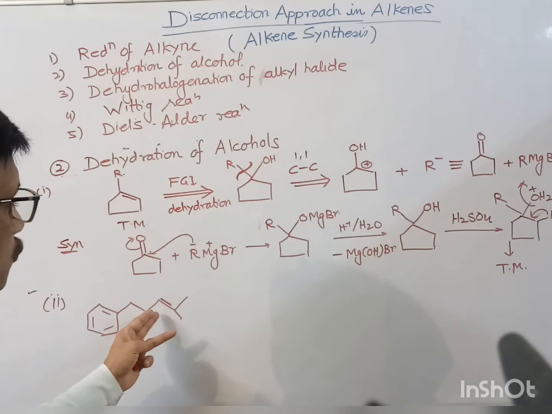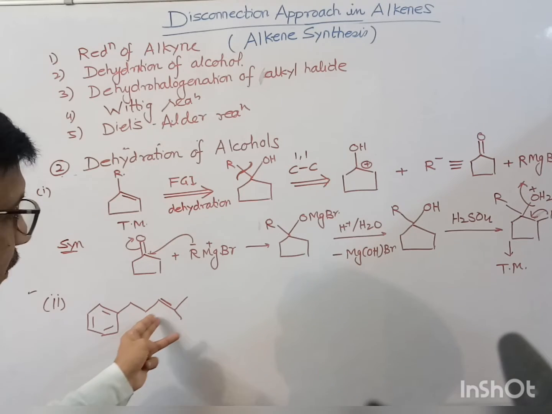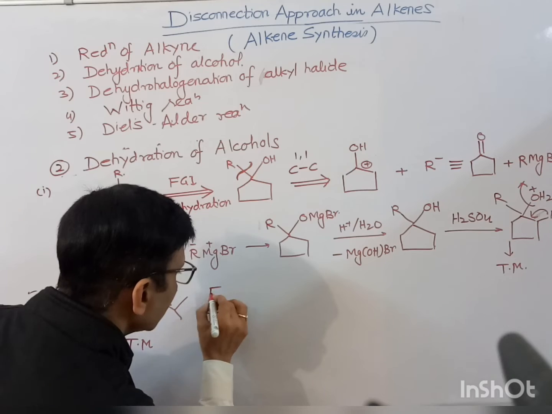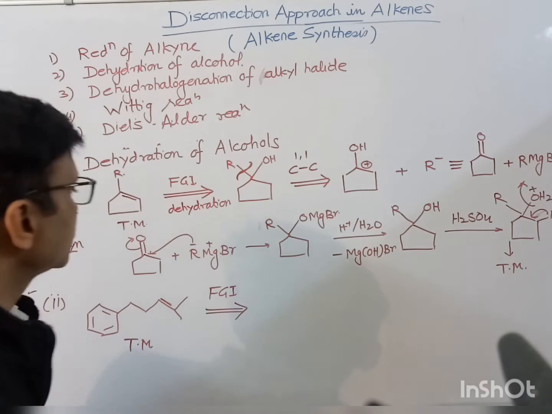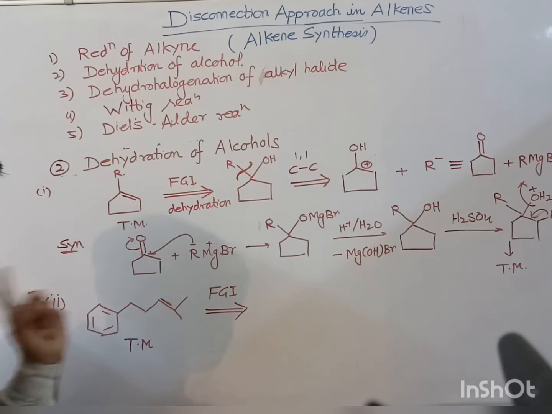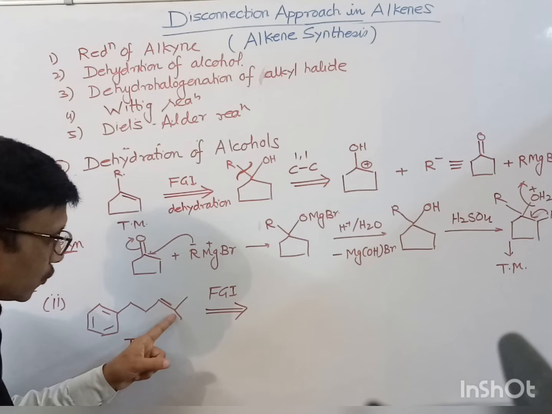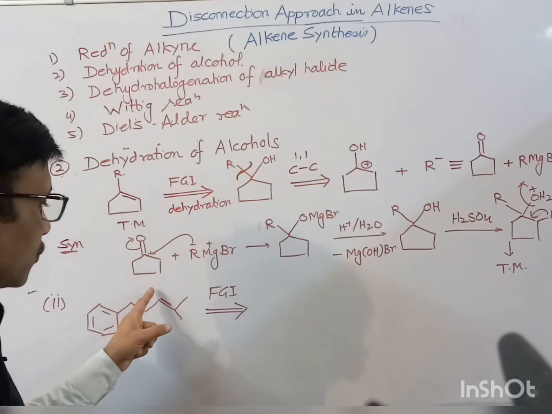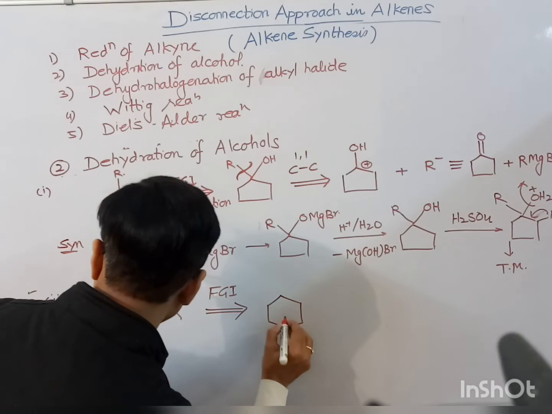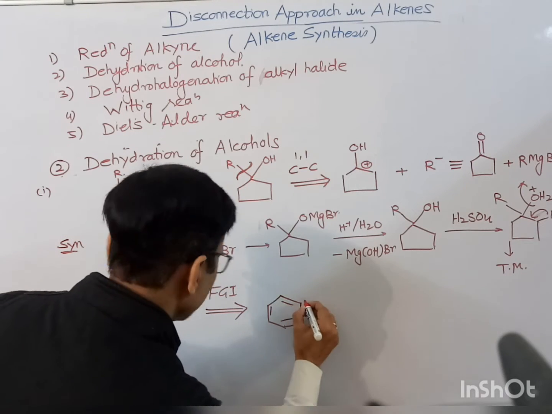Now this can also be converted into alcohol by FGI. So what you will do, FGI, you will add this OH over this tertiary carbon, and H is present over here. So we will add the OH at the second tertiary carbon, not here. So after this FGI, you can write the